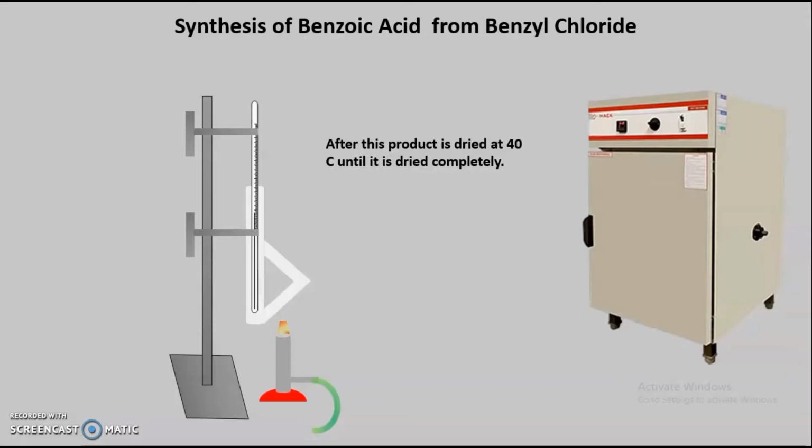For determination of melting point, as you know, we are going to carry out the heating at the side arm of this Thiele tube. This is known as the side arm of the Thiele tube. The side arm of the Thiele tube is heated because our product will not get the direct heating, so that the temperature of that oil will not increase rapidly. For that purpose, we are going to perform the heating at the side arm of that particular Thiele tube. Once we have determined the melting point, then we are going to perform the actual calculation part.